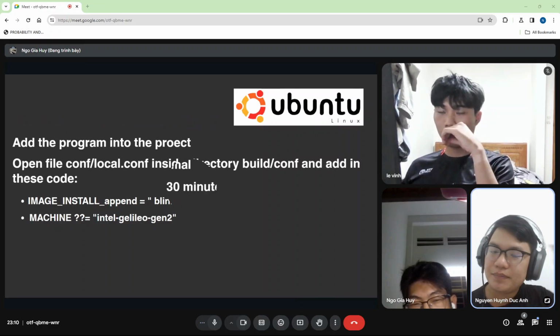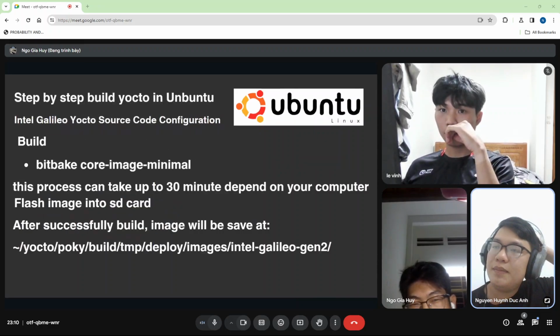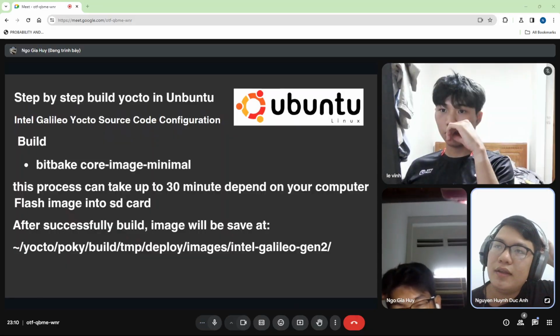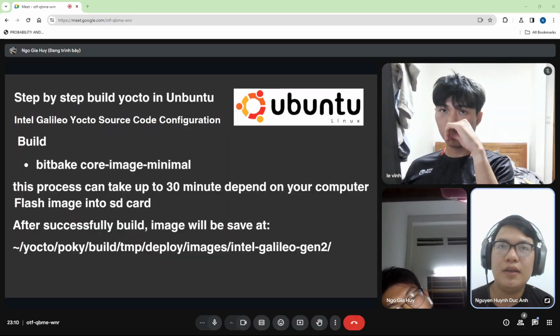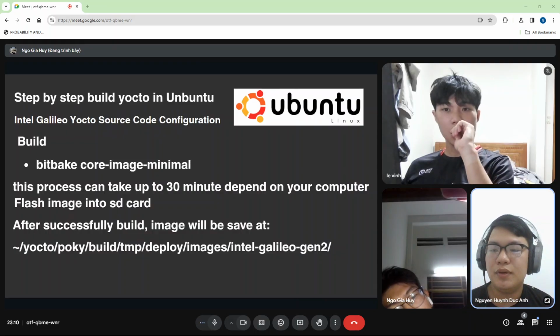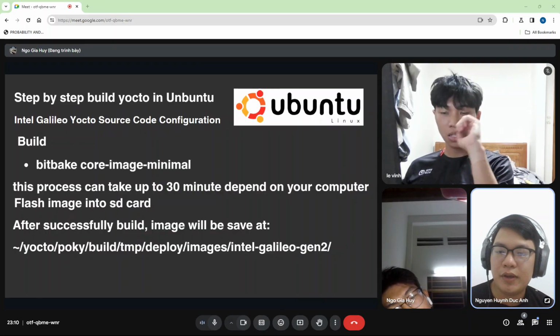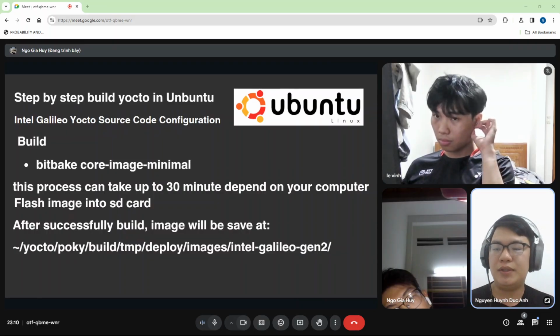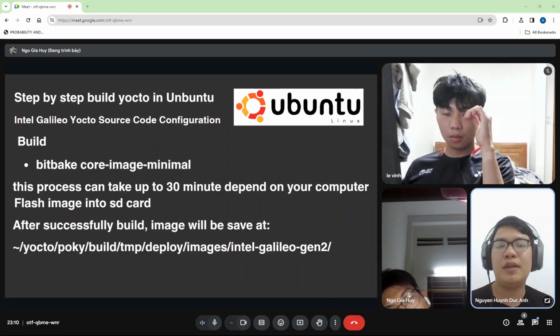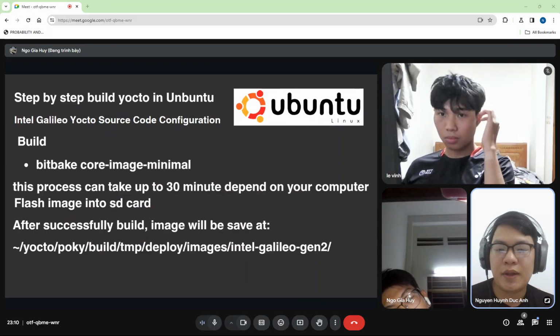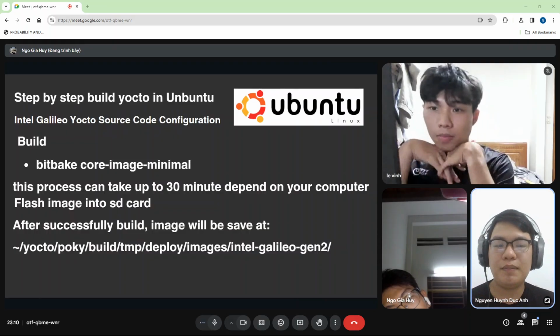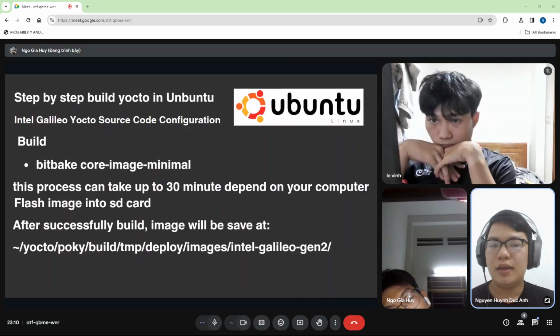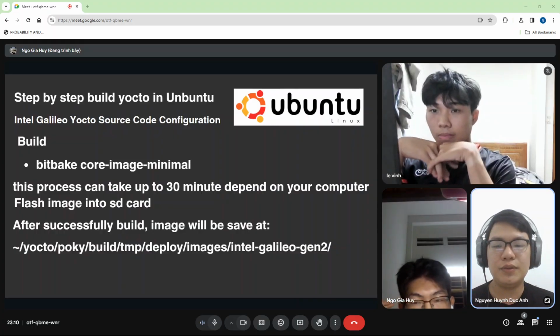Next up, in the build directory, you type in bitbake core-image-minimal, and then you will initialize building your image. This project takes up to 30 minutes or 1 hour, depending on your computer. After it has been built, you need to